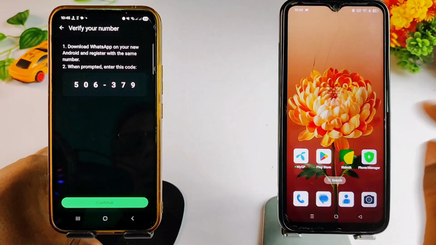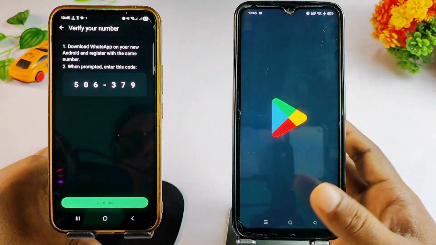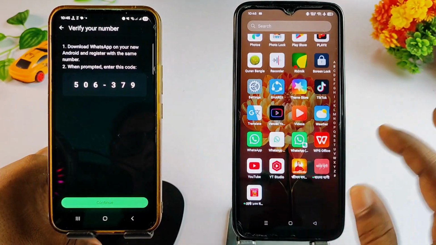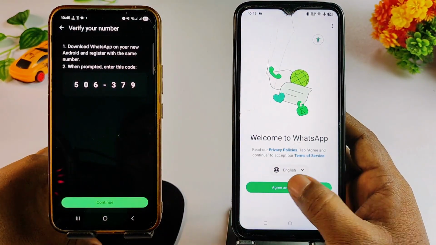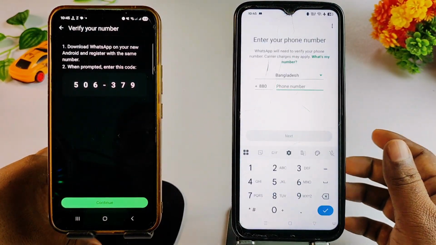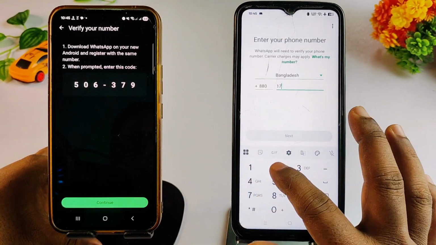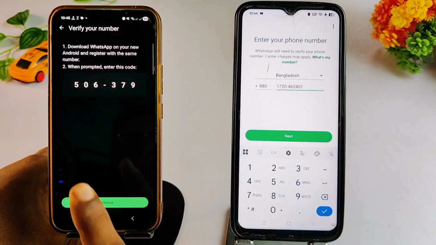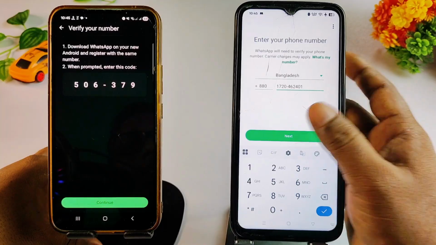Okay, so I need to go to my new phone, go to the Play Store, and download WhatsApp Messenger first. After that, click the open option, then click agree and continue. Then register with the same number. Let me register WhatsApp with this number, and do not minimize it, just stay on this page. Right now I need to click the next option,